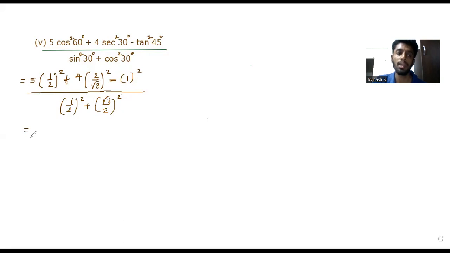Now what happens? In the numerator, we have a 5. And then when you square 1 by 2, you get 1 by 4, because square of 1 is 1, square of 2 is 4. Plus 4 into, in the numerator, 2 square is 4, in the denominator, root 3 square is 3. We have to individually square them. Minus 1 square is 1. And in the denominator, square of 1 is 1, square of 2 is 4, square of root 3 is 3, and square of 2 is 4. So this is